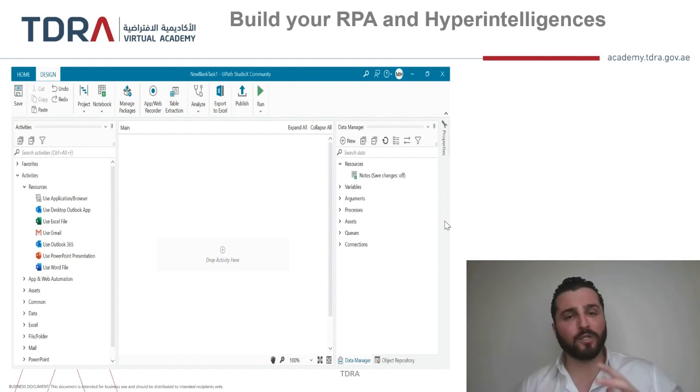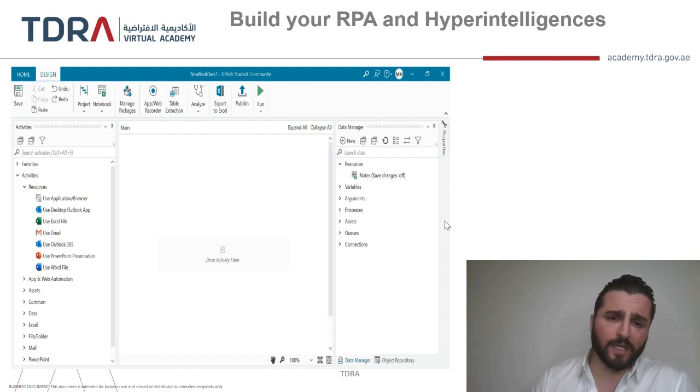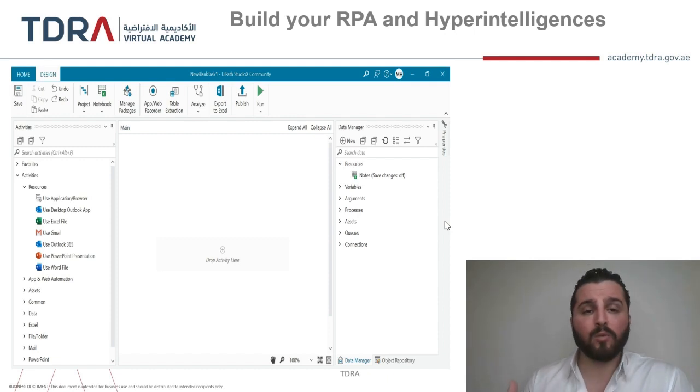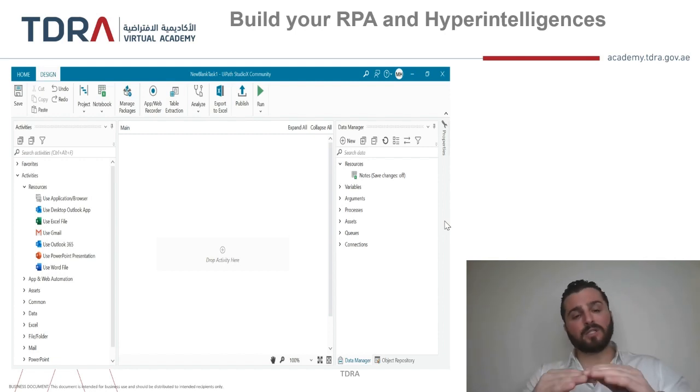All you need to do is to press on the record button and start doing the action, or the process that you are trying to capture. The system will capture it and put it into a workflow for you that is easy to implement and easy to edit. Usually after we do such a thing, we can test it through the run button, and we can publish it and make it live through the publish button. Now this is the toolbar.